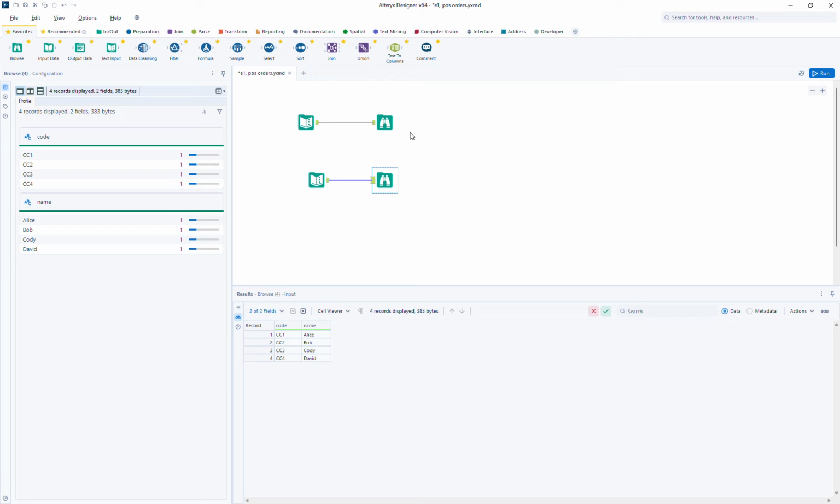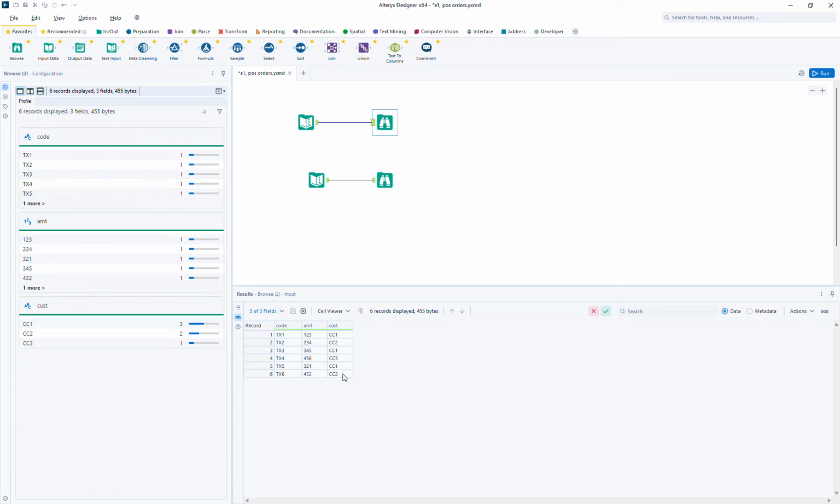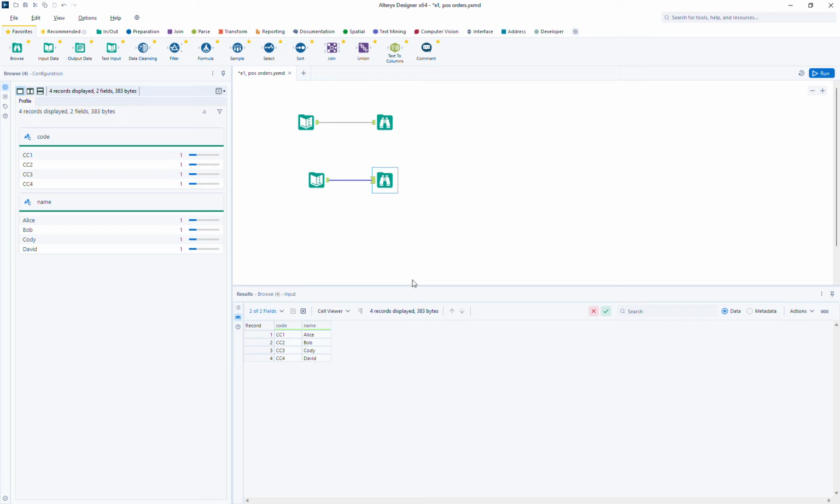For example, if you want to give some loyalty discount over the years because he or she contributed a lot to your company already, then how can you do that? Here you have the amount and you have the customer code, but you don't have the name Alice and Bob, but in here you have the name. So